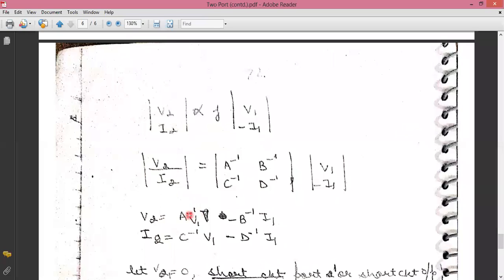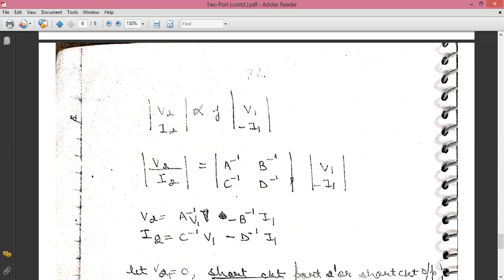नाउ अगेन यू कैन सी इस इक्वेशन में, फर्स्ट वाली इक्वेशन में सिग्नल क्या है, V1 और I1, और इसमें भी आपका सिग्नल क्या है, V1 I1. दैट मींस एक बार मुझे V1 को जीरो करना है और एक बार मुझे I1 को जीरो करना है. वोल्टेज जीरो होती है जब शॉर्ट सर्किट होता है, करंट जीरो होती है जब ओपन सर्किट होता है.